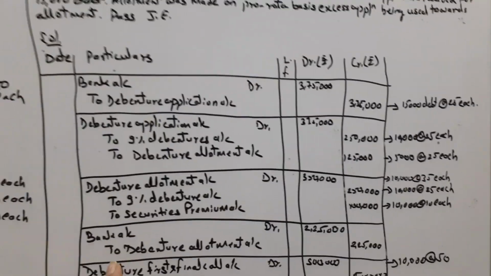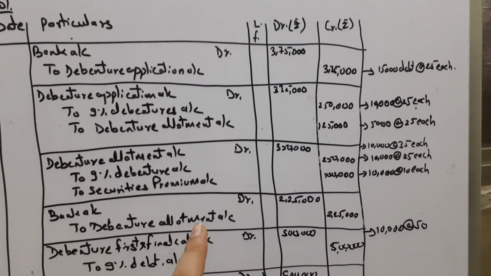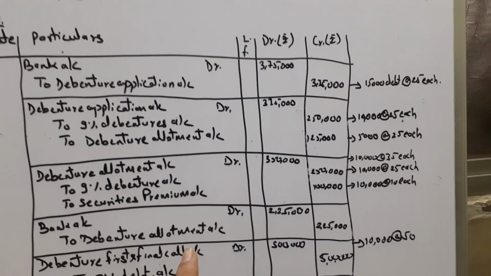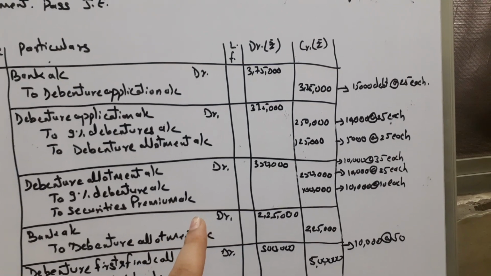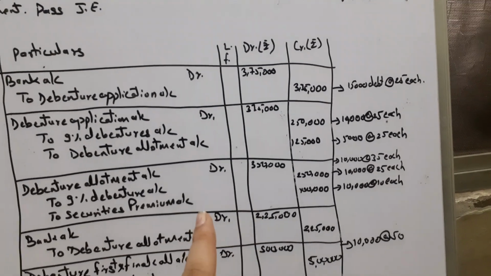Now the receipt entry, bank account debited to debentures allotment account. Here how much we have to enter. Remember here total allotment as you can see is